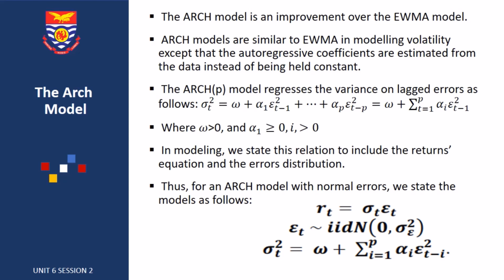Like the issue of the exponential weighted moving average, we earlier said that it assumed the error term or the volatility or the variance was constant, which is not actually the case in the real world. Therefore, ARCH came to improve upon this,